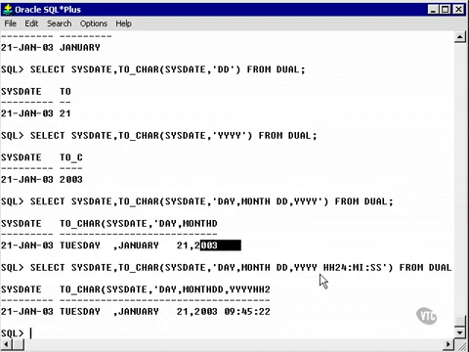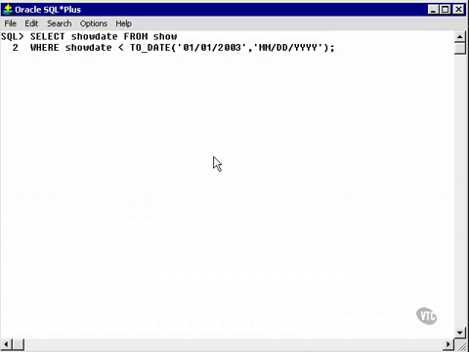In this case, we've actually added the time on as a 24-hour clock. So we have Tuesday, January 21, 2003, 0900 hours, 45 minutes, and 22 seconds. In this example, we use the toDate function in a where clause. The date has an internal format, so what we're doing is we're putting in a date,